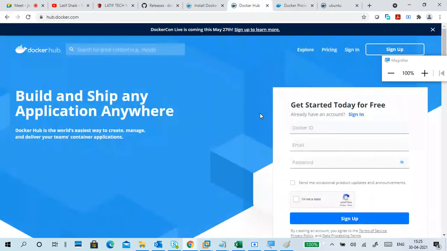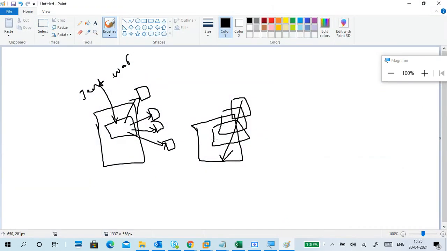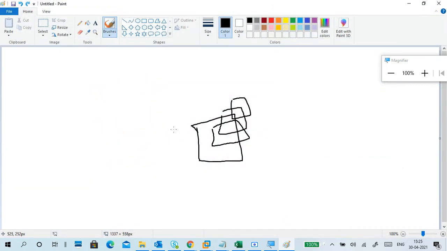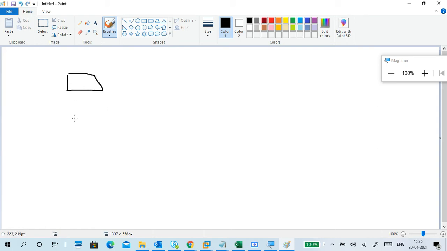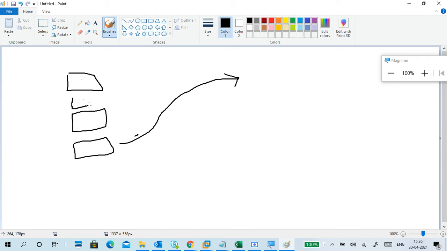So you can develop an application. What is the use of this Docker? In DevOps, we do continuous development, continuous build and test, continuous deploy. This is the first part: plan, code, build, test. These are continuous development and continuous testing, next continuous deploy.